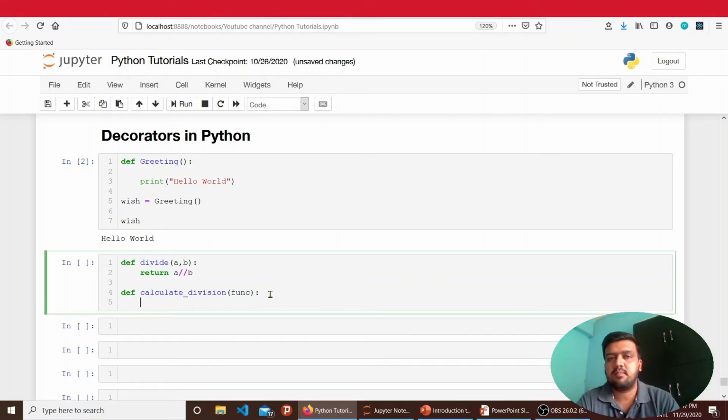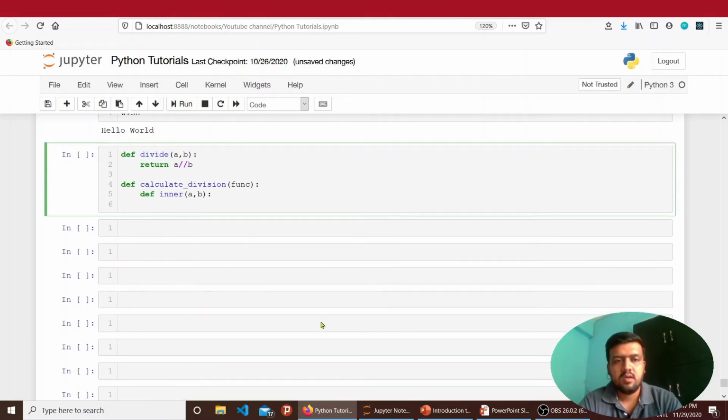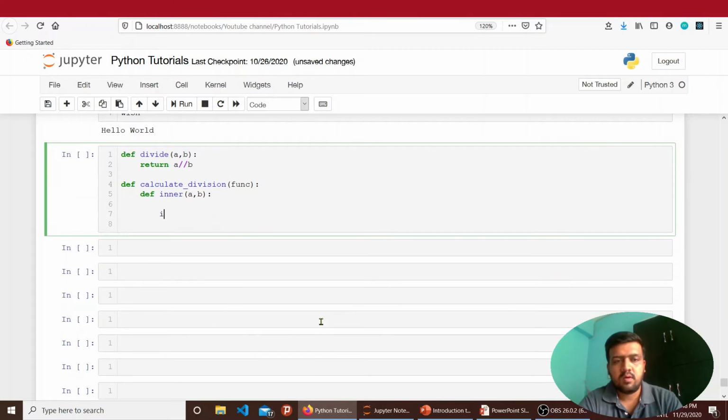So func is nothing but a function, and I will have an inner function. So inner is just a name tag. You can take any name, you can have any function name you want, but the inner function is the thing which does all the magic for us. It will have the same parameters as this function will have. So in this case we'll have two variables. So we'll take a and b as the same,